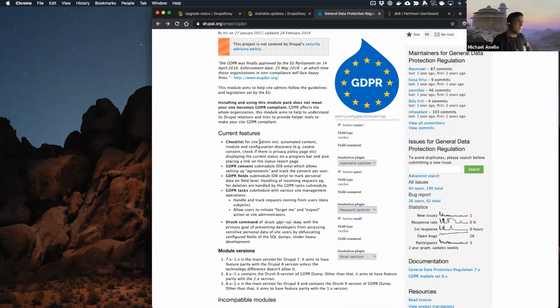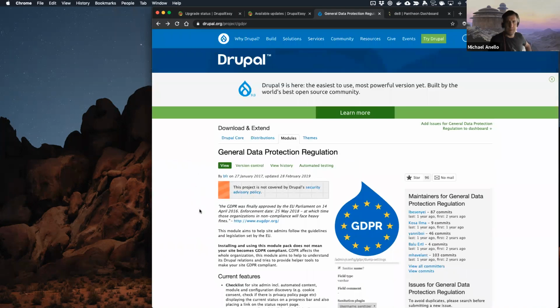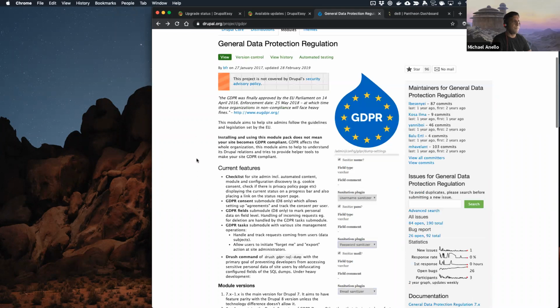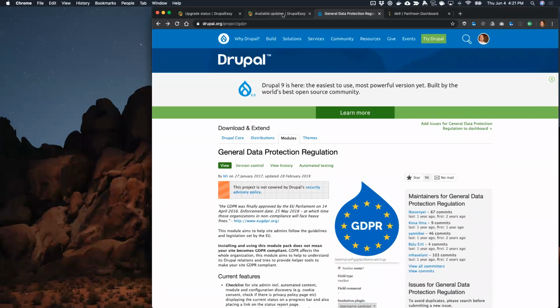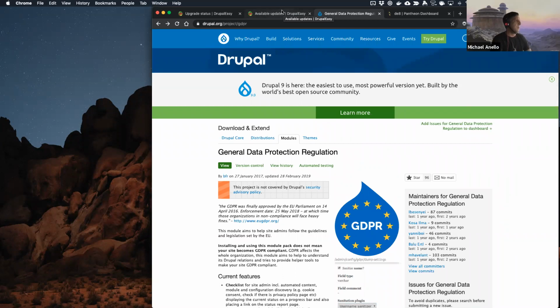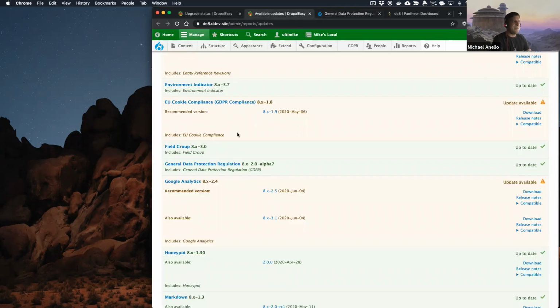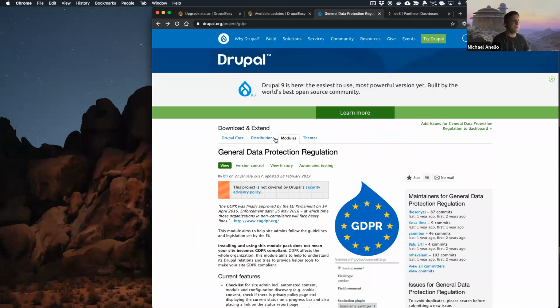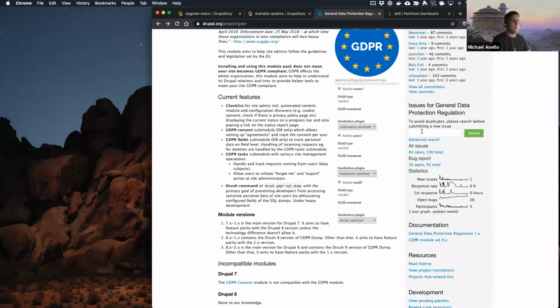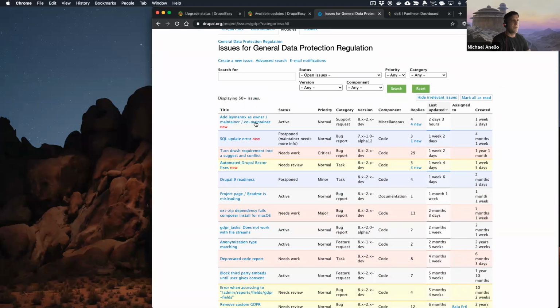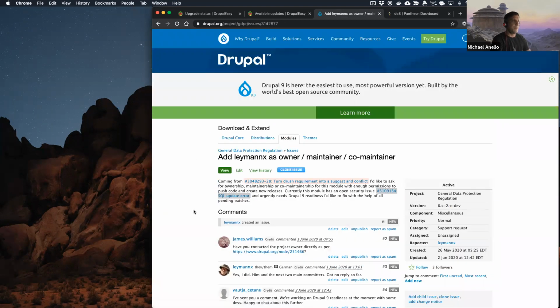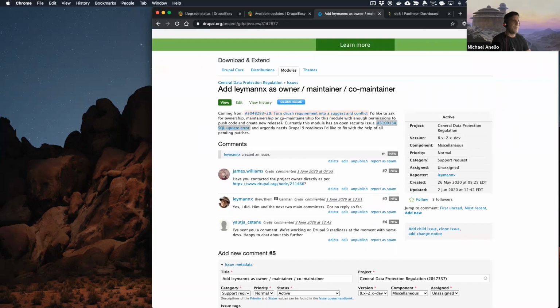Does anybody use any GDPR modules on their site? No, not really. All right, so let's see. What am I going to do here? Let me check one more. Let me see if it seems like that Layman X person wants to be a maintainer, but no one is